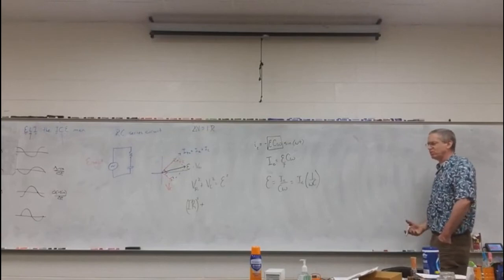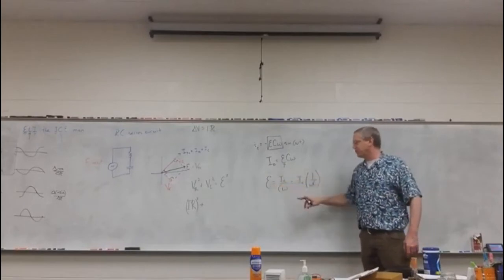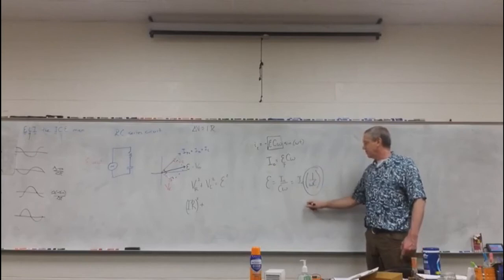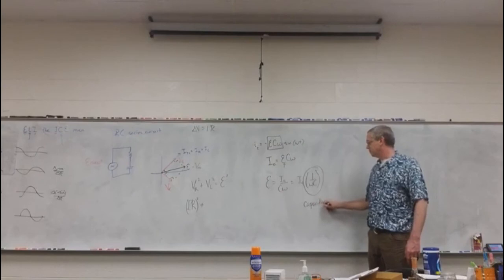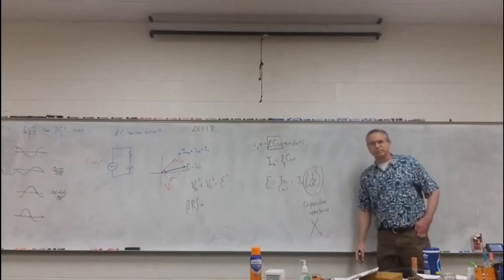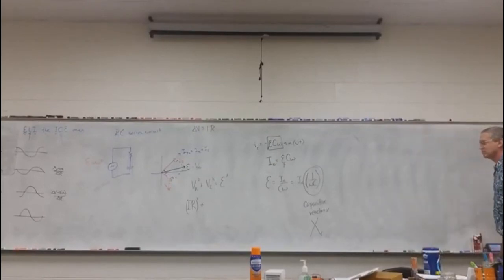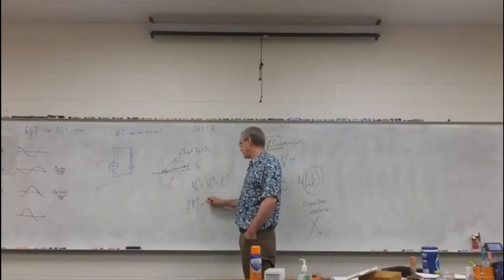This is not officially Ohm's law, because I don't think Ohm dealt with this stuff, but we have it in that format where we have some voltage is equal to current times something. This right here is known as the capacitive reactance. And the symbol is X sub C. And so over here, we can now write V sub C as I X sub C